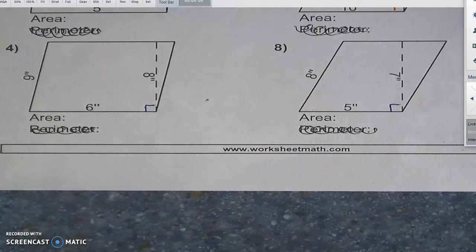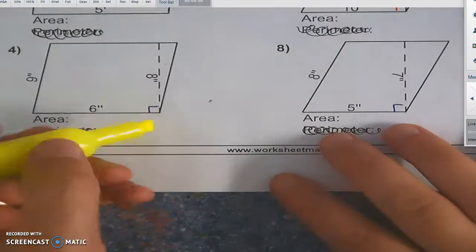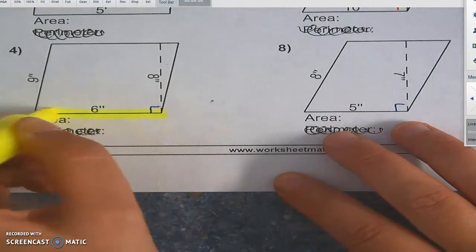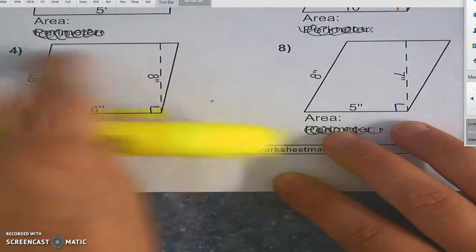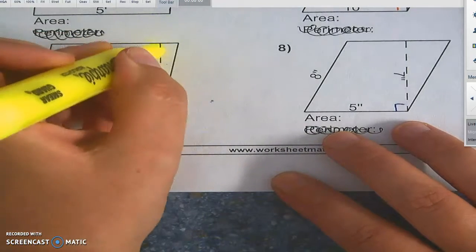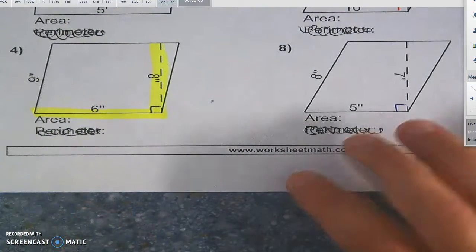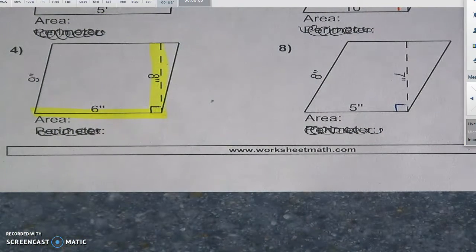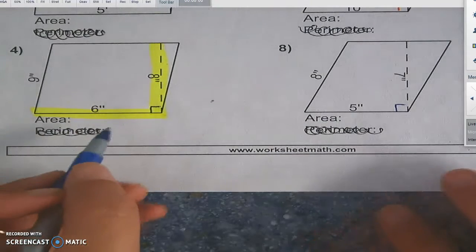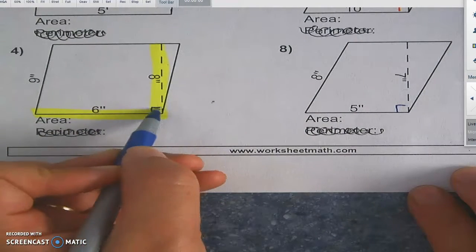So the base and the height come together to make a 90-degree angle. Sometimes they're sitting on their sides, but I think of the base as my floor or my ceiling, and the height as the wall showing the distance between the two of them, the wall that's holding up my ceiling. Once I've found my base and my height, and I know it's a 90-degree angle because of that little box symbol,